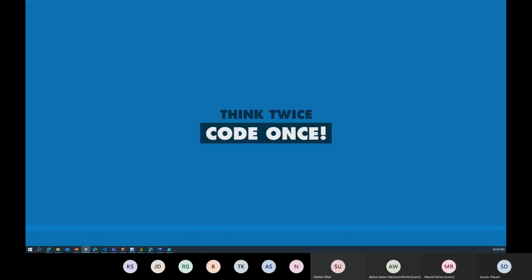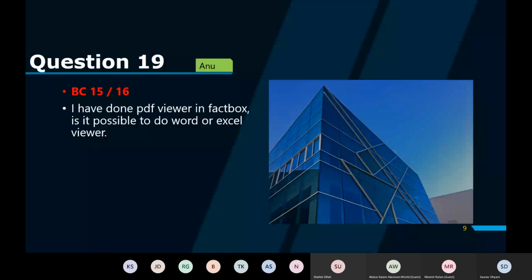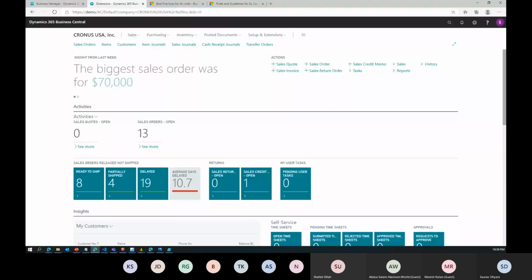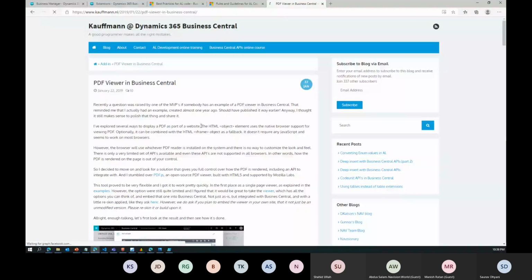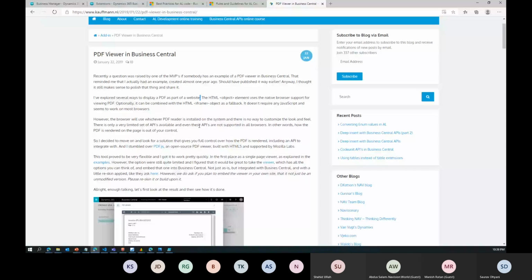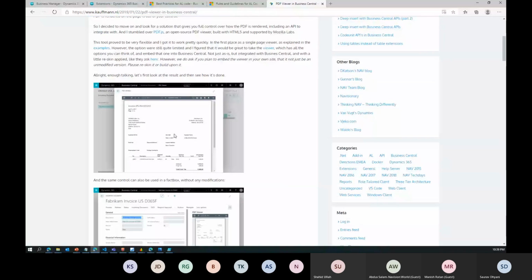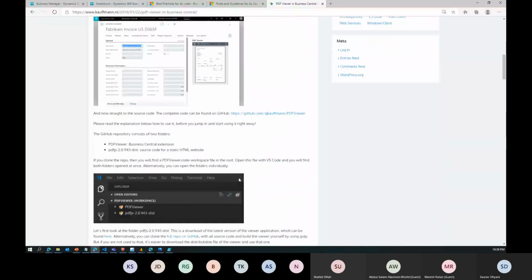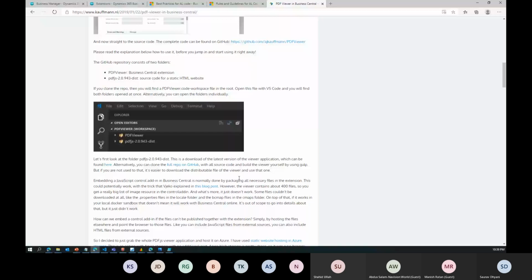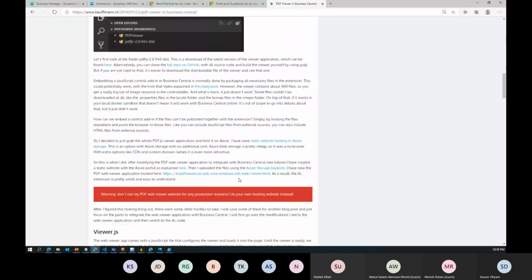Where is my browser? Okay, here it is. So this is, I guess, what Anu is talking about. There's a PDF viewer extension built by Kauffmann, which can show you PDFs within your client. And he has given all the details, how he built it, what type of library he used, and where he hosted it on Azure. So I'm pretty sure that if there is a PDF viewer,